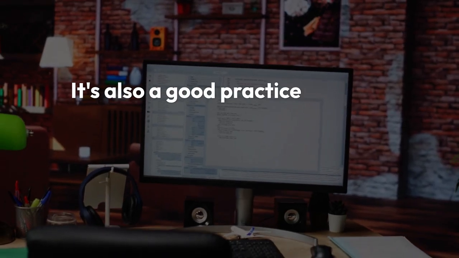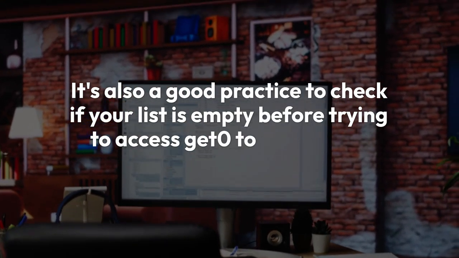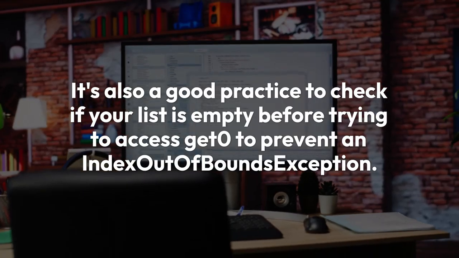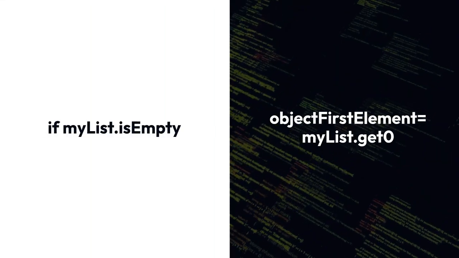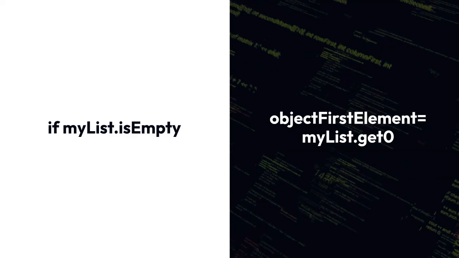It's also a good practice to check if your list is empty before trying to access get(0) to prevent an IndexOutOfBoundsException. You can do this with: if (!myList.isEmpty()) { Object firstElement = myList.get(0); }